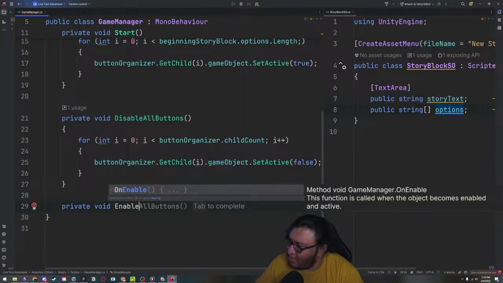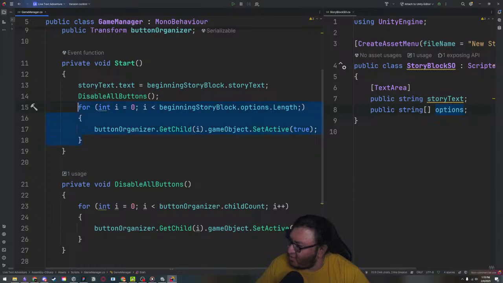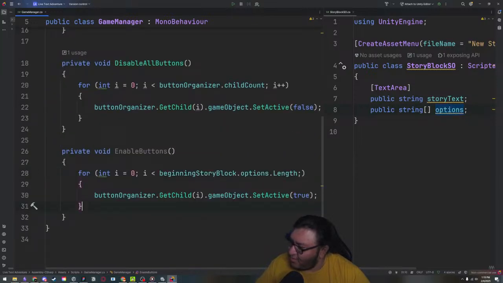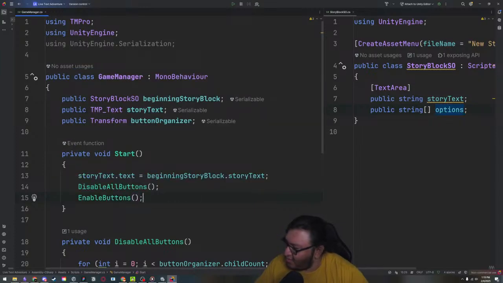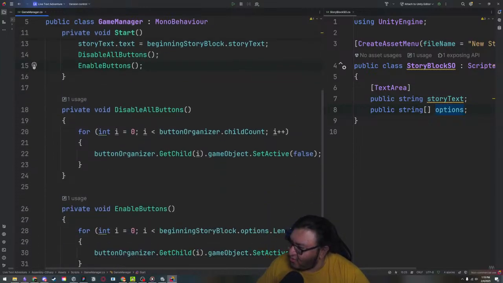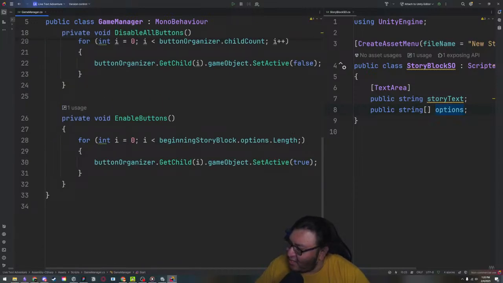enable buttons, right? And let's move our code over here just so it's not confusing. And then we're going to write it over here, enable buttons. Okay, so this is just a way of organizing our code, making a method, naming it what we want, and then setting it up like that. Okay, so our options length is 4. So I is going to be equal to 0 in the beginning. And because our options,